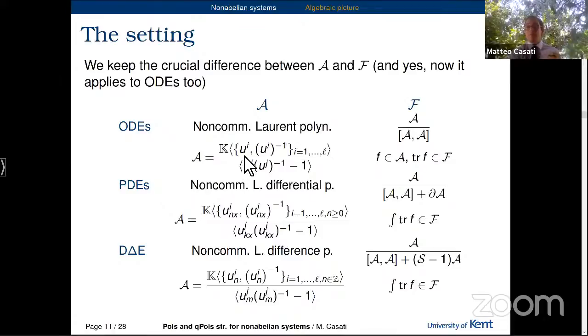If you want to work with Laurent polynomials, even if you want to keep into account inverses of your functions, of your matrices. And these are kind of the version with just generators of the algebra for these. Here you are counting jet variables, and here you're counting shifted variables for dealing with difference polynomials. But the setting in general and in abstract is the same.